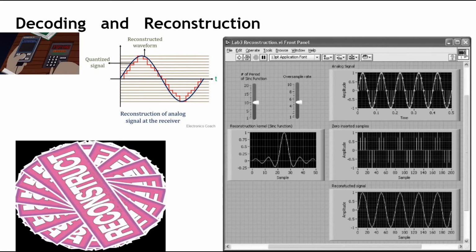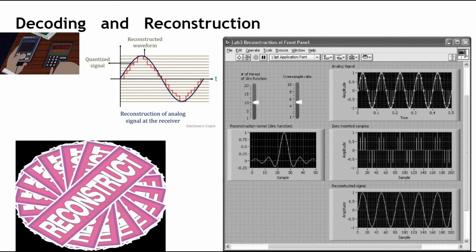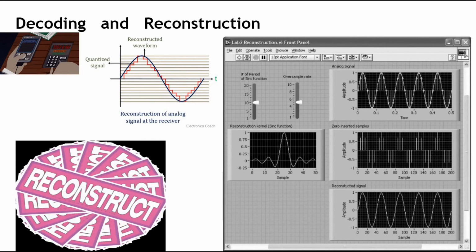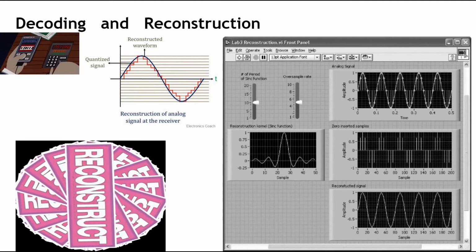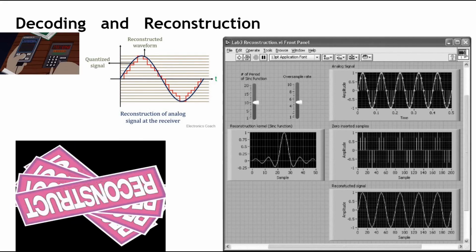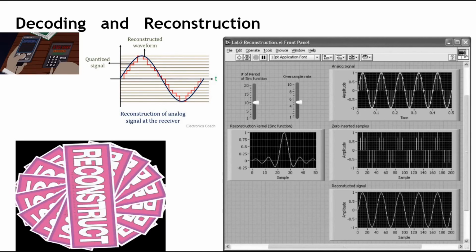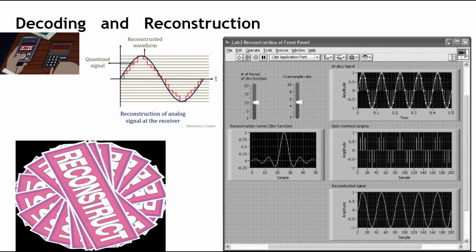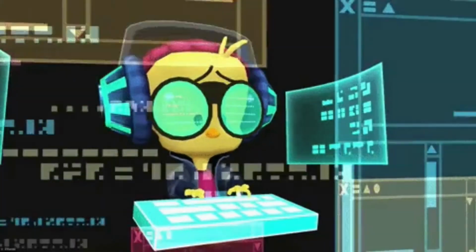Perfect message reconstruction is hence impossible in PCM, even when the channel noise is absent. The sampling, quantization and encoding introduce permanent errors that appear at the receiver as quantization noise in the reconstructed message signal. You can see the decoded signal and the reconstructed signal in the figure shown.